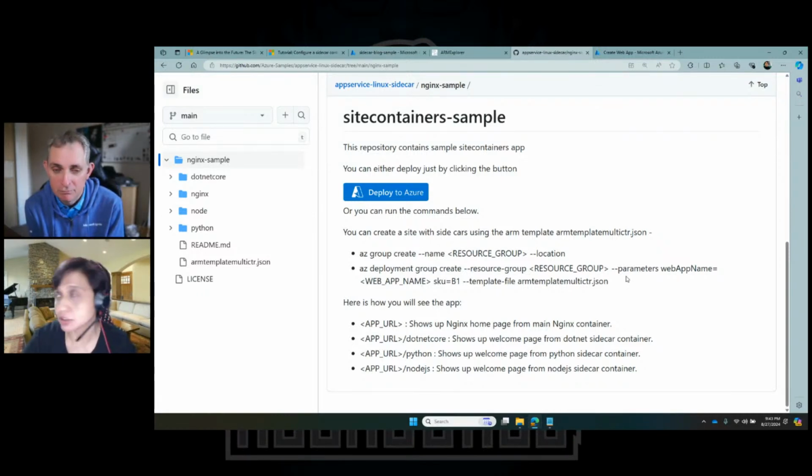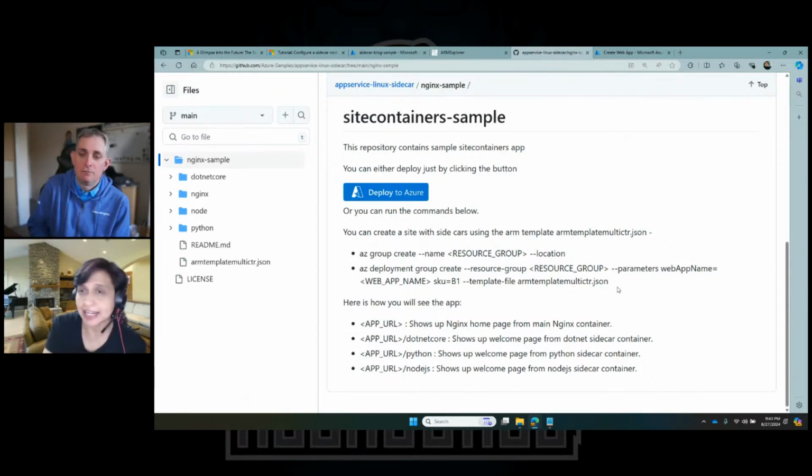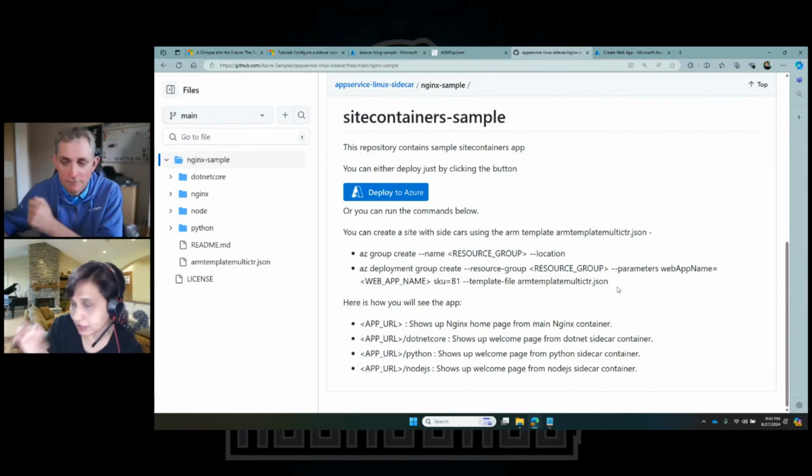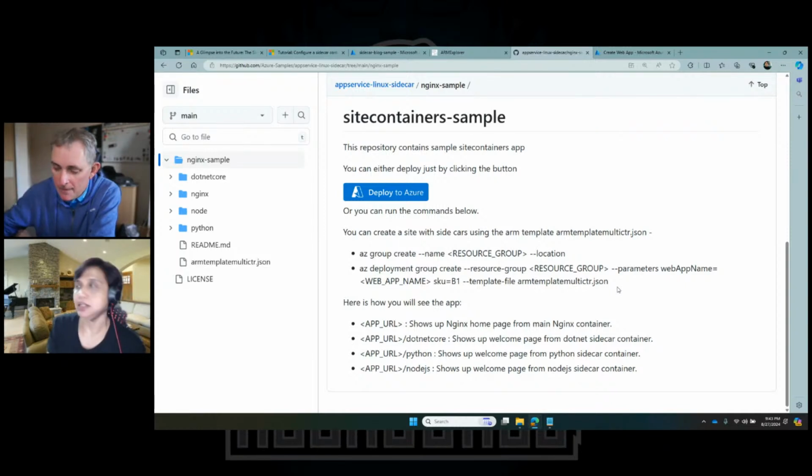So you could have a .NET 3.1 app which is running there, and keep in mind that for our code-based deployments, we've already started deprecating .NET 3.1. But let's say you do have an app and your timelines are such that we understand it's hard to migrate applications. So you can absolutely just bundle it up into a container and keep running 3.1, and then have your new feature development happening in .NET 8 and just link the main container with the sidecar. That's pretty powerful. That's very cool, actually.